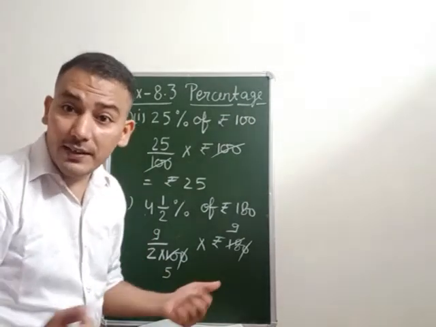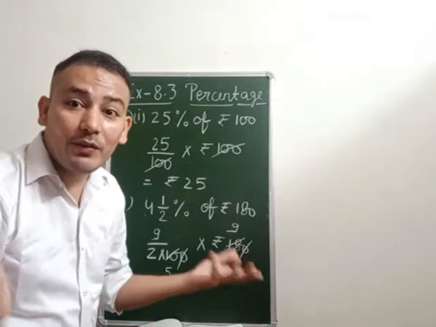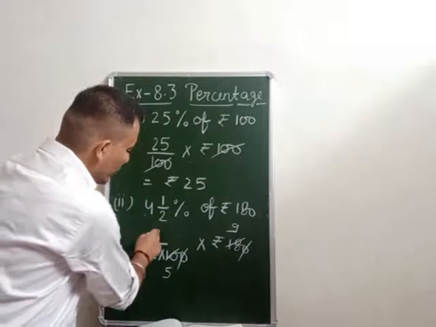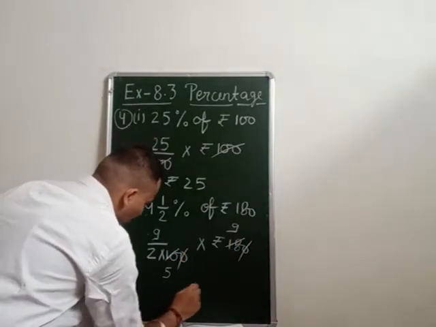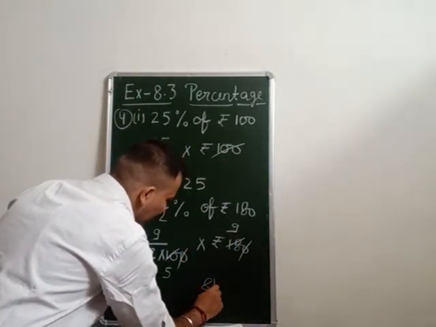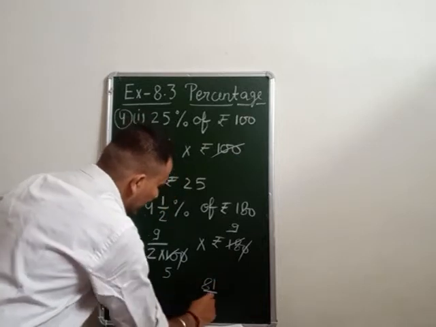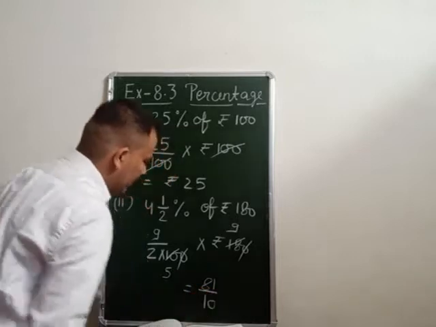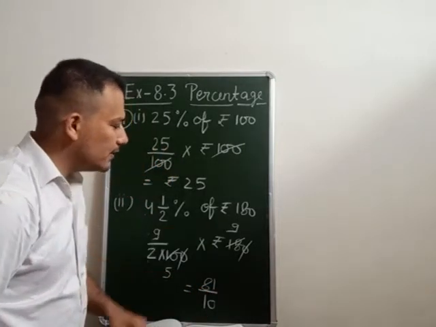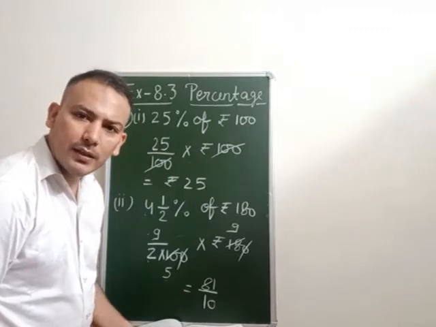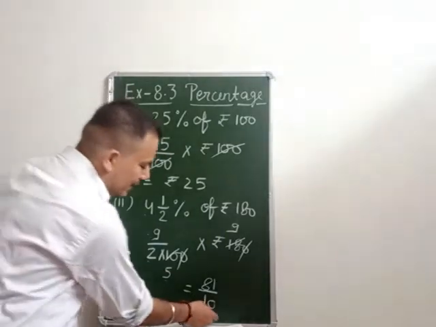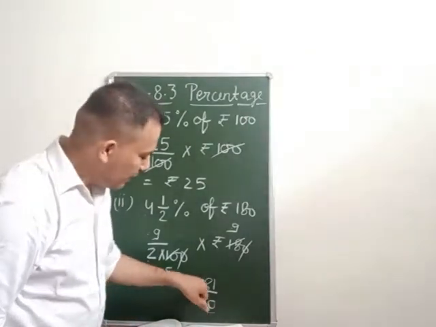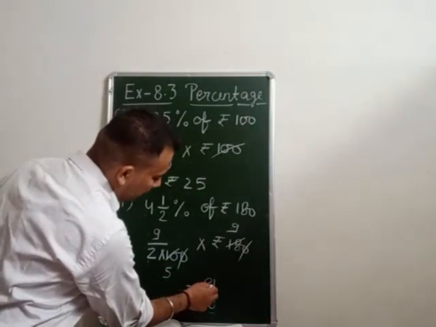We cannot divide. So now what we are going to do is multiply the numbers in the numerator. So 9 9s are 81 upon 2 5s are 10. Okay, and 9 9s are 81. Clear? Any problem? And now here is a 10, 1 0. So I am going to put the point in the 81. Where will I put the point? After one place, because there is 1 0.